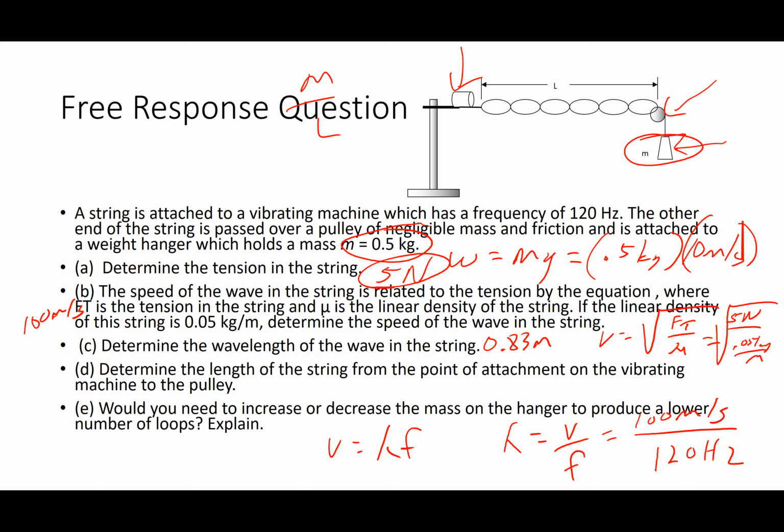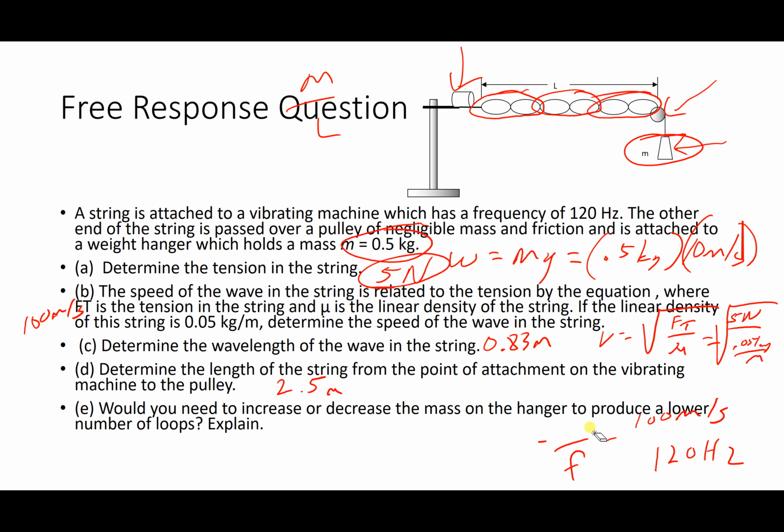D, determine the length of the string from the point of the attachment on the vibrating machine to the pulley. Well, here's the deal. We know the wavelength of our wave. And remember, the wavelength of a standing wave is made up of 2 loops. So we have 1 wave, 2 waves, 3 waves. So we have 3 complete wavelengths on our string. So to find the length of the string, we're going to say 3 times our wavelength of 0.83. 3 times 0.83 is going to give us about 2.5 meters for the length of our string. And then finally,